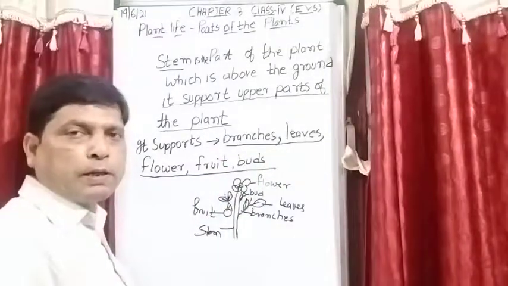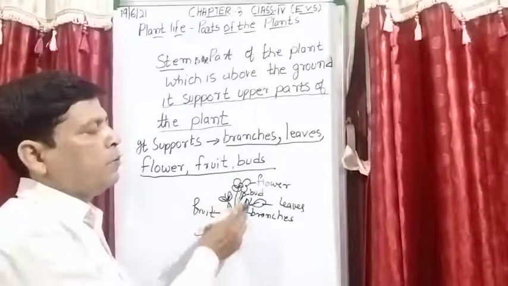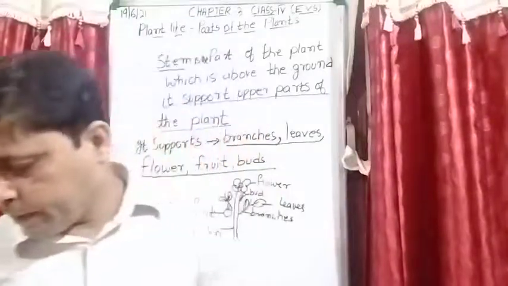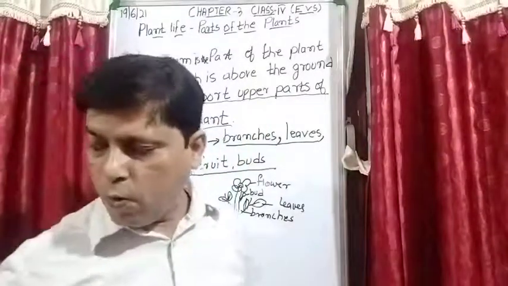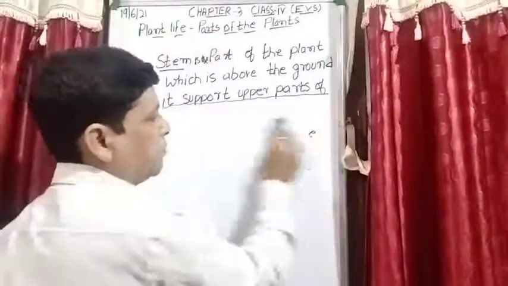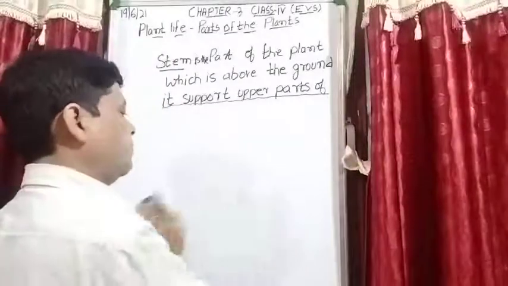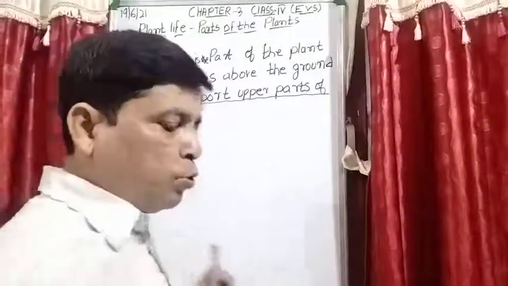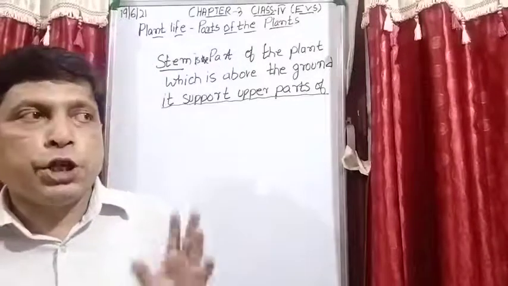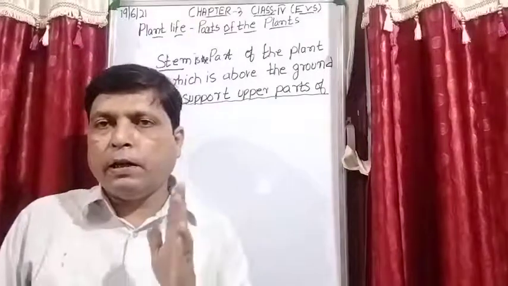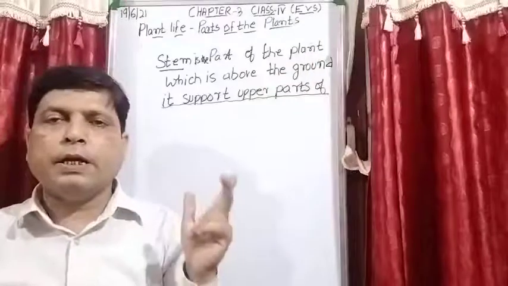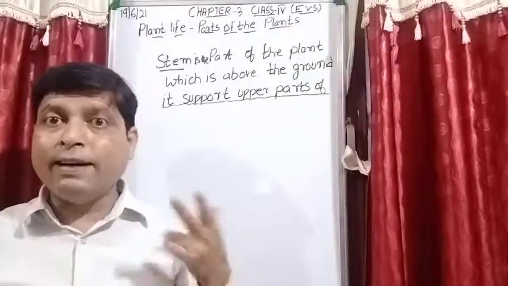I hope now this is clear. With the help of a diagram, I hope now this is very clear to all of you. Okay, now the next thing is that when we did the classification of plants, we divided plants according to their shape and size into different categories. Okay, there were herbs, shrubs, creepers, climbers and trees.